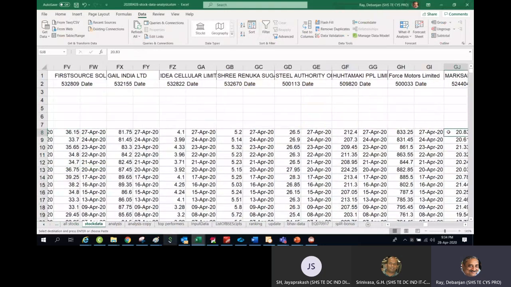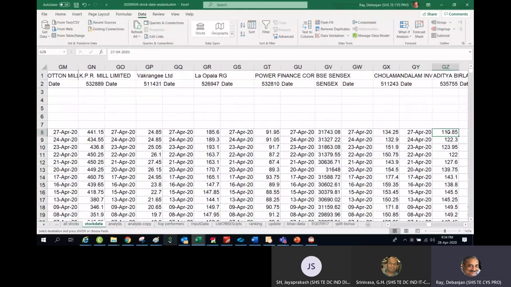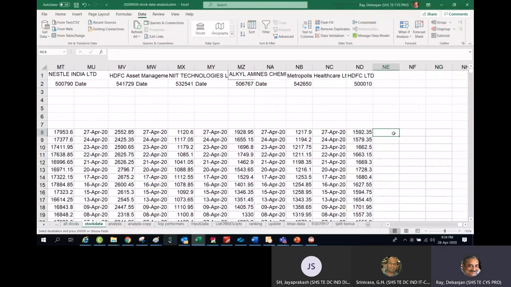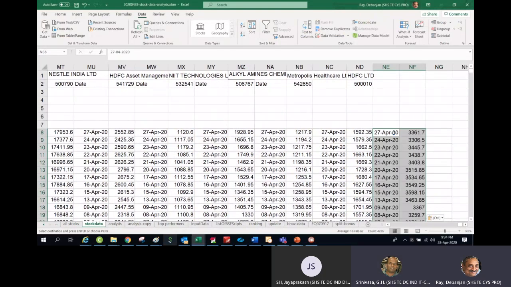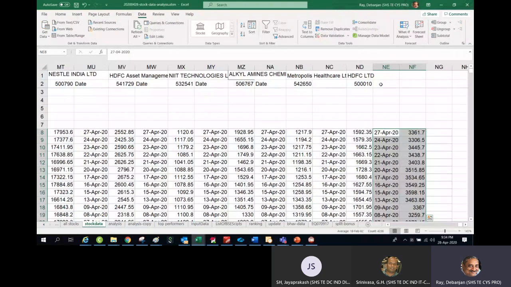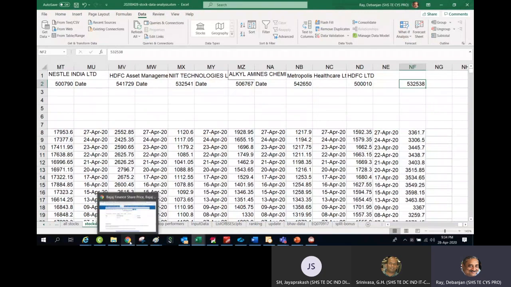I will go to the rightmost top and I will put the data. Okay, and this is the data for the Ultratech, correct? So Ultratech was this. I copied this BSE code, rename. I put a Control C, go back to this one, and copy this BSE code. And what is the name of the company?